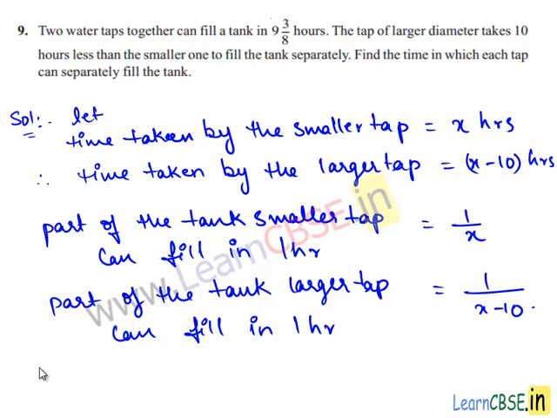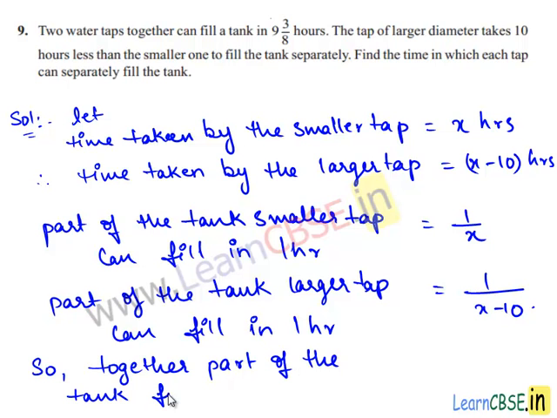So together, the part of the tank filled in 1 hour is equal to 1 upon x plus 1 upon x minus 10. So since in 1 hour, the part of the tank filled by the two taps together is 1 upon x plus 1 upon x minus 10, the part of the tank